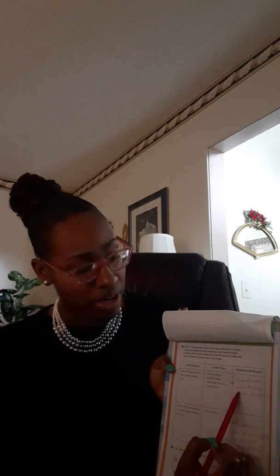So I put beside night owl, because they gave us the word that they want us to break down, in this box: someone who wants to stay up late at night. They can't get themselves to go to sleep. That's what a night owl is. So I went ahead and wrote that in that box. Go ahead at this moment and make sure you write that in that box. I will go back to the next picture as well to make sure that you have annotated that first page for me, okay? The next one they say we're looking for in the chart is get lost.